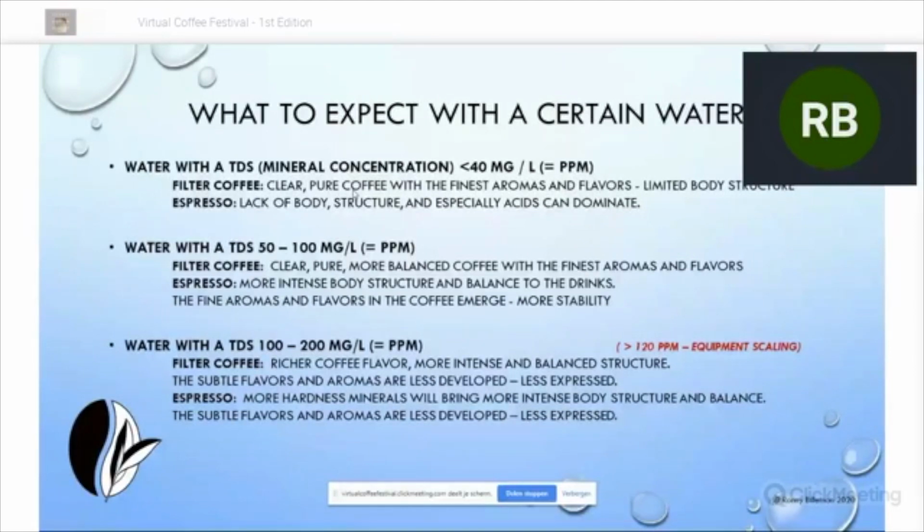Limited body structure. In the espresso, you will have a lack of body if you have a low mineral concentration. So if you only go for 7-8 grams for a single espresso, you will have some structure, but especially the acids might be dominating. So here you're playing Formula One, fine flavors, aromas, more acidics. If you screw up in your coffee, brewing time, pouring time, grinding, you will definitely find a difference in the